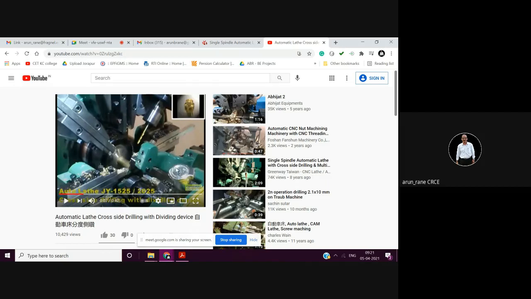Then while all these operations are being done on the component, we ensure that the pre-parting tool has reached diameter 6. Then we withdraw the pre-parting tool and we start with the parting off tool. How do we start on the parting off tool? First we start the pre-parting, then after some time, once it has gone 2 mm or 3 mm inside, we start the parting off tool.